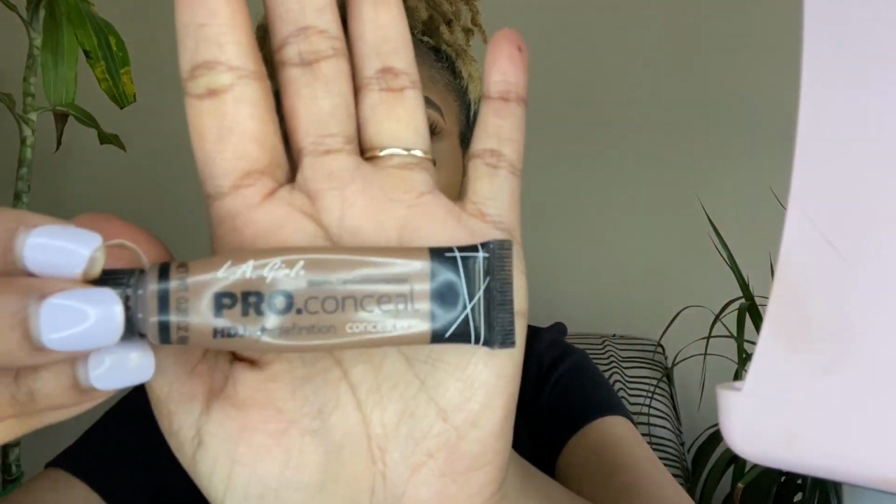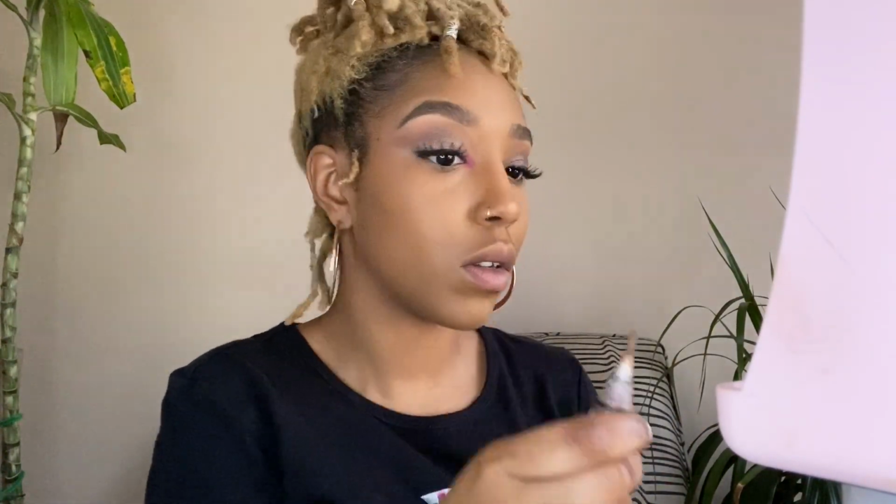Alright, so next I will be using my LA Girl Pro Concealer in the shade of Toast, and this concealer is going to be used as my contour shade. So I am just pretty much going to be placing this concealer on top of my cheekbone line and on top of my forehead. And after I am done placing this concealer in the areas where I want it to go, I'm just going to be taking my damp beauty sponge and I'm just going to be blending out this